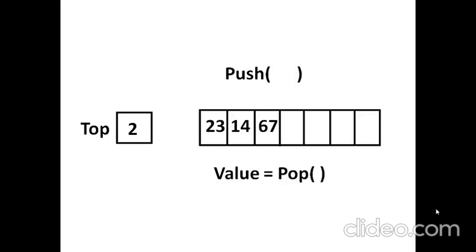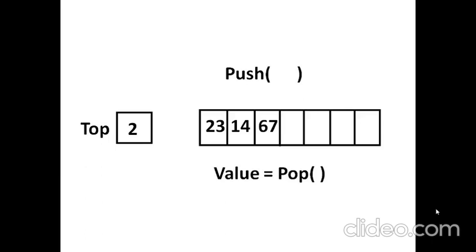What if we try to delete a value using the pop function? A pop function does not require any parameter, because it is always going to delete the top element. There is no option provided to us to select the value to be deleted. By default it will delete only the top element. The only thing we can do is store the return value in a variable and display it to the user, so that he will know what value was deleted.